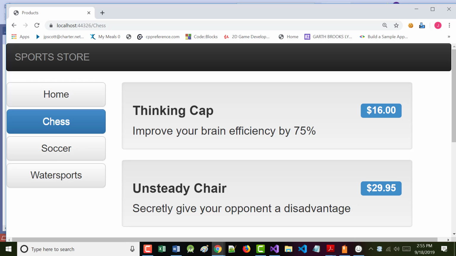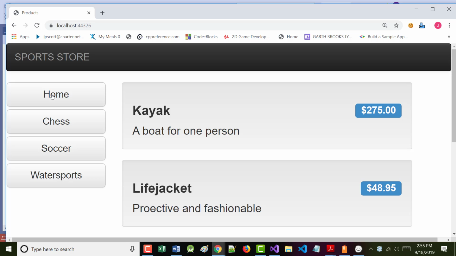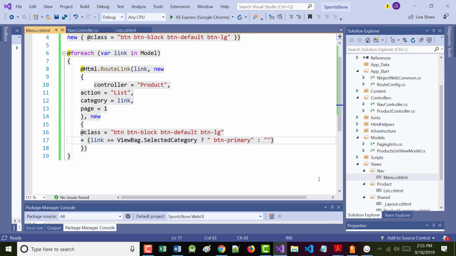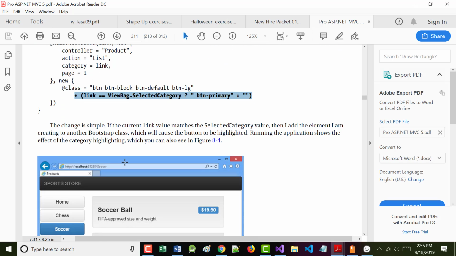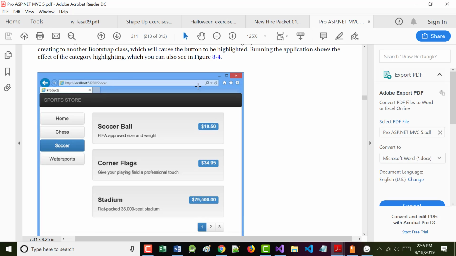I just clicked on chess. There's soccer. There's water sports. There's home. Now, home doesn't have it on there because home has got every record there is. And again, that's a decision that the author made, to do it like this. So it says there, the change is simple. If the current link matches the selected category, we create and add another Bootstrap class to it.